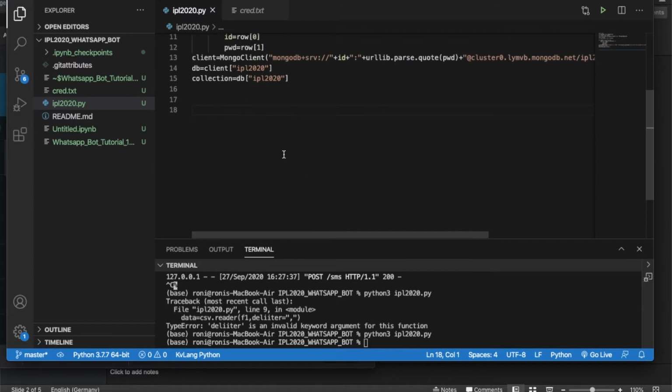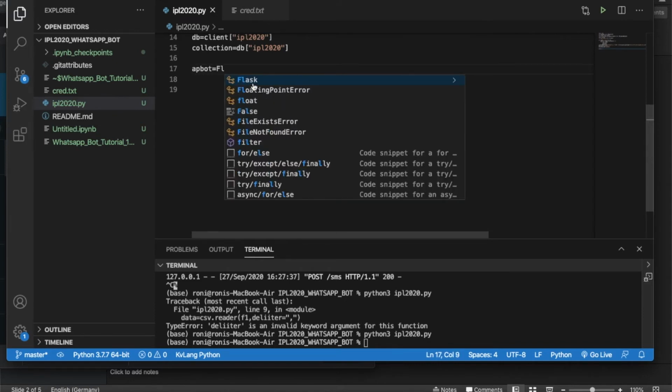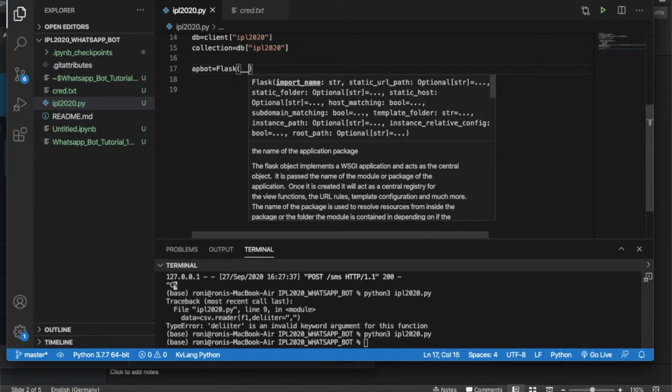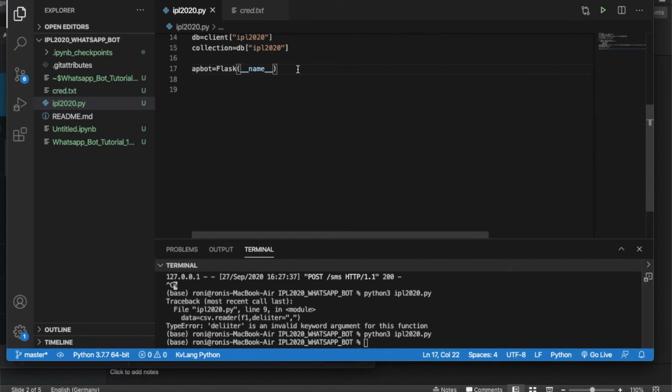So let's give a name, appbot equals Flask, the way we declare the Flask application. Okay, like this. And once you create the name, you have to create a decorator, right? So it should be appbot